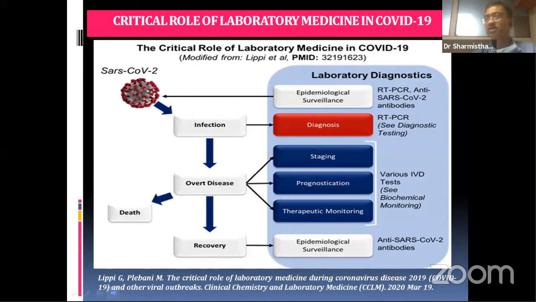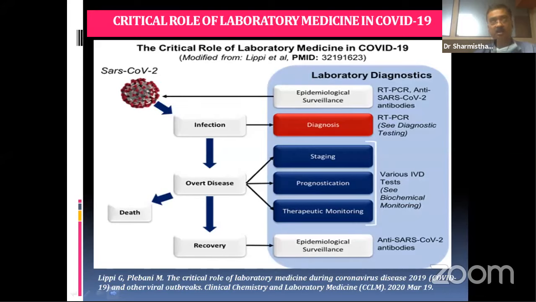Now, when the patient is already infected, so far as the Indian standard is concerned, diagnosis is restricted solely to reverse transcriptase PCR, or RT-PCR, testing of the nasopharyngeal, oropharyngeal, or any other category of sample which contains the virus. Now, when the patient has been infected and it has transferred to a symptomatic overt disease, now there are other tests